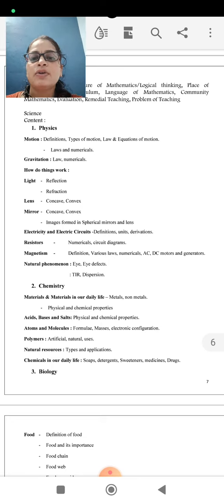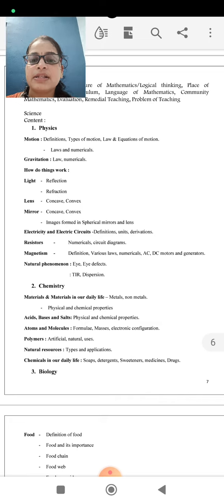Next, we move on to the next chapter, that is light, lens, and mirror. All these come under the optics topic. In this chapter, we are learning about reflection, refraction, laws of reflection, and laws of refraction. Next, if we see the mirror, we have concave mirror and convex mirror. We have to learn the image formation from convex and concave mirrors, and we have to